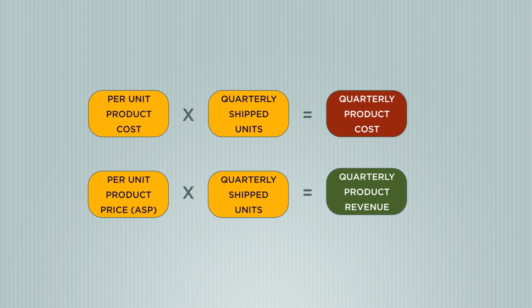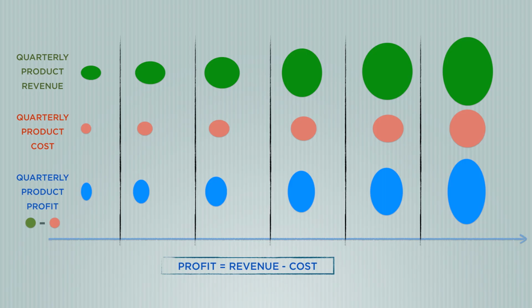In any case, profit is very simple. You take the per unit product cost, how much it takes to produce the total finished good, and multiply by quarterly shipped units, and you get quarterly production cost. At the same time, you take the average selling price, also called price per unit, and multiply it by quarterly shipped units, and you get the quarterly revenue. And as I show in this chart here,